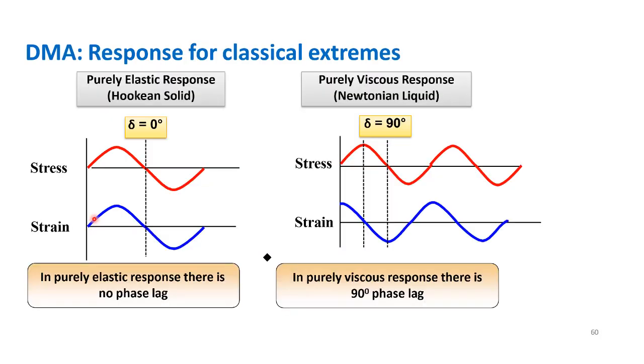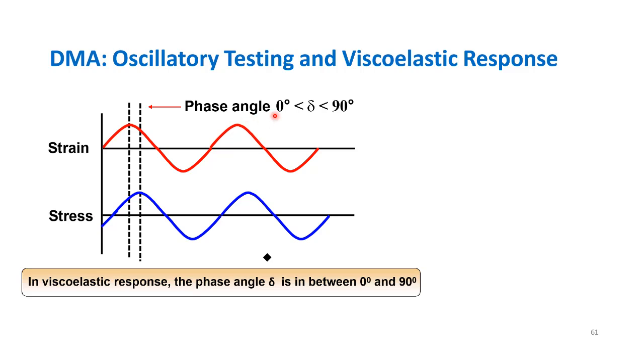So how does it happen? In a normal Hookean solid, or purely elastic material, the phase angle will be zero. There will be no phase shift. However, in a Newtonian liquid, or totally liquid, purely viscous material, this phase shift will be around 90 degrees. For our viscoelastic material, that is the polymer which is about to become solid, the phase angle will be from 0 to 90 degrees. So the response we get will be a viscoelastic response between 0 and 90 degrees. So that is how